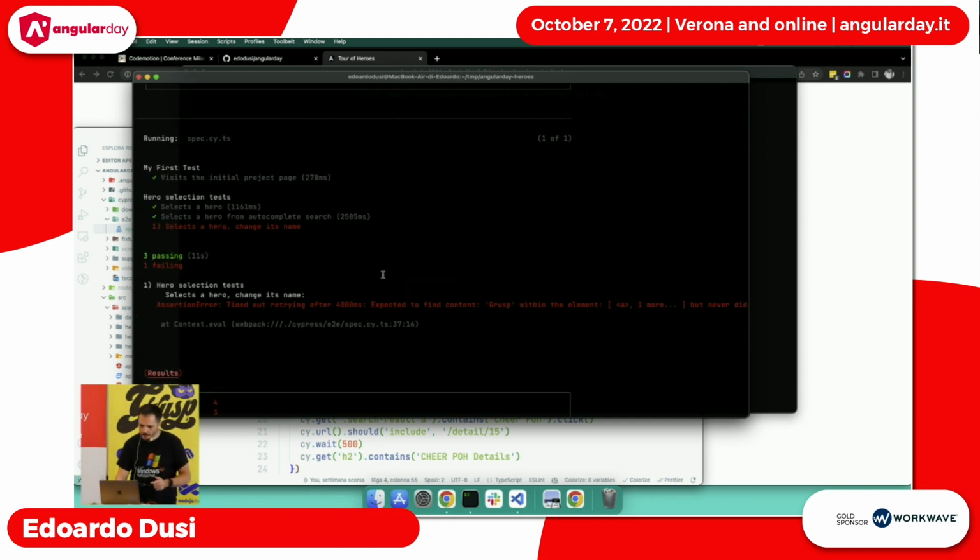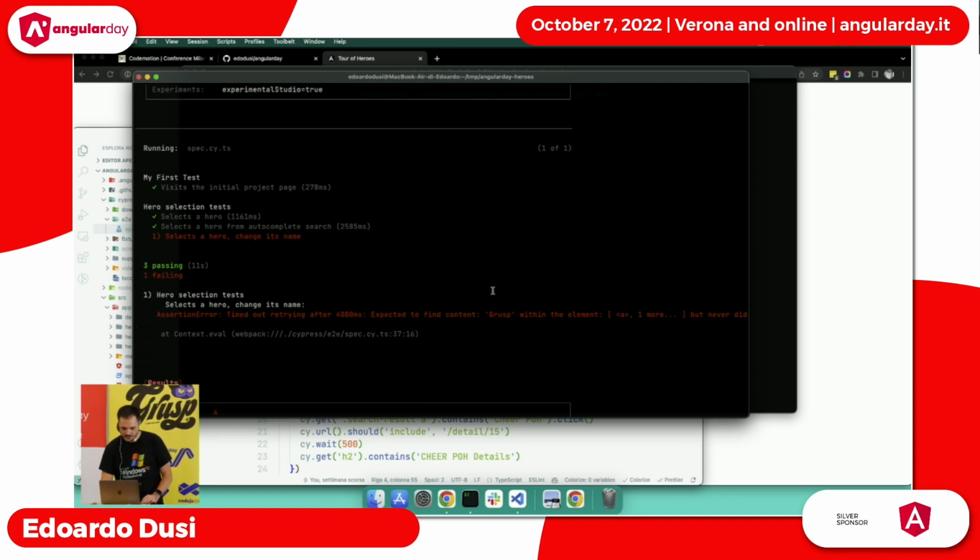So here, it's saying that something is failing. In the report and in the command line, you see what's failing, because it was expecting to find some content, and it was not able to find this content. And what's interesting about Cypress is that